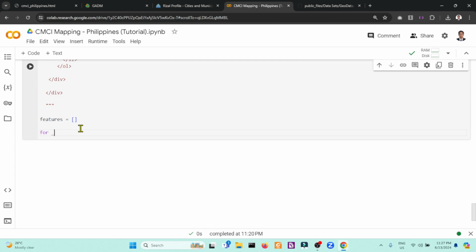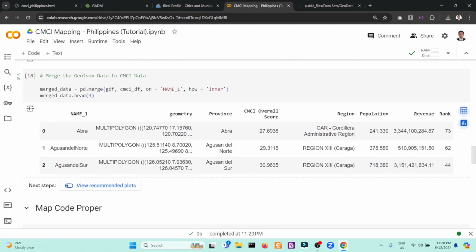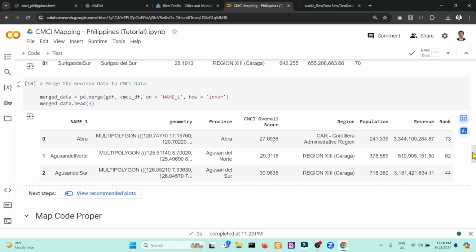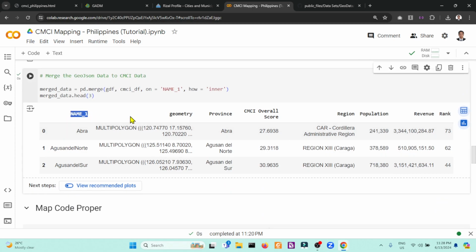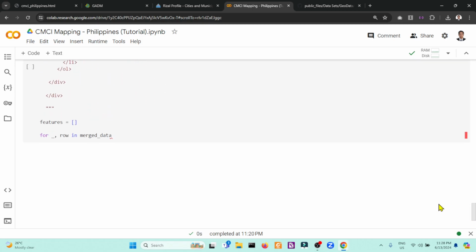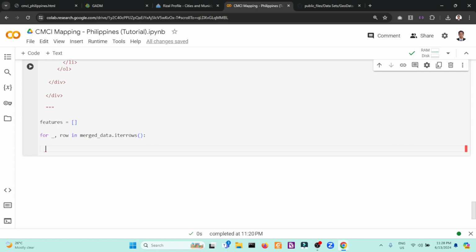So let's create the loop: for underscore, row in merge data. Remember, we have merge data. If you review the video, the merge data is from name 1 up to the ranking. We will iterate the merge data using the iterrows method, so we're using a for loop. The iterrows is a loop that iterates over each row in the data frame, which in our case is merge data.